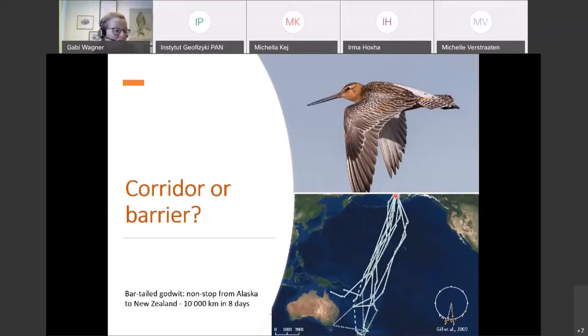Now, this was a stunning discovery because as a physiologist, I can tell you it's not possible. The bird cannot be anywhere near fat enough to carry enough energy to do this trip. So how does it work? What the birds do is they hang around on these breeding grounds in Alaska for days and days and days, and more birds come together and they practice flying together, and they wait and wait and wait until something that until recently we haven't really understood happens, and then suddenly they all take off.